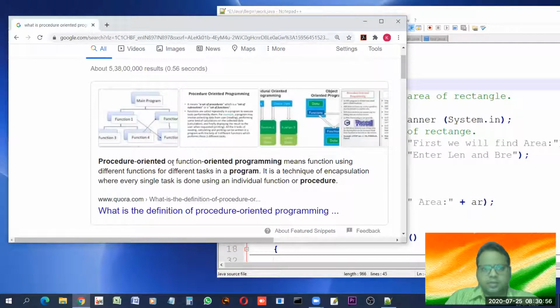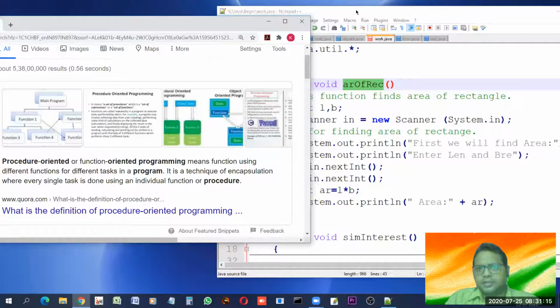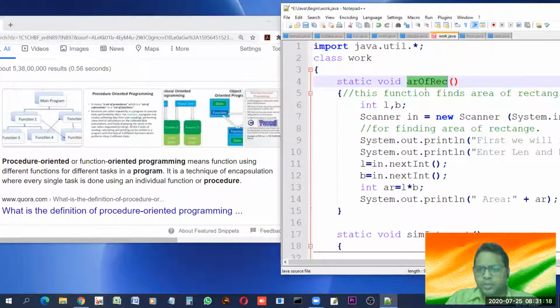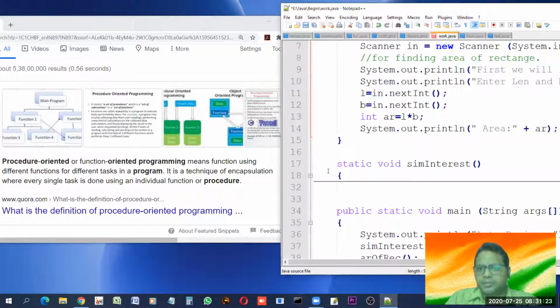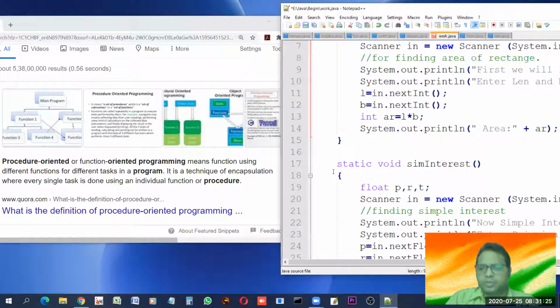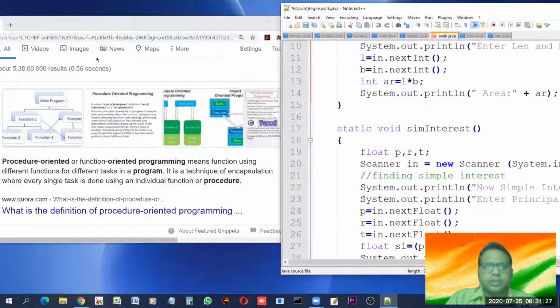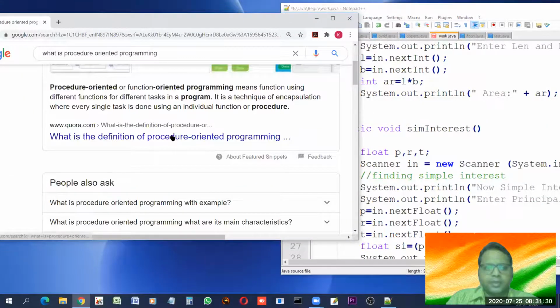Procedure oriented or function oriented or function based means using different functions for different tasks in a program. It is a technique of encapsulation where every single task is done using an individual function or procedure. Like this, if we wanted to get the area of a rectangle, we made a different procedure. If we wanted a simple interest, we made a different procedure. If we want to do something else, then we may have a different procedure. So this is what procedural programming is.